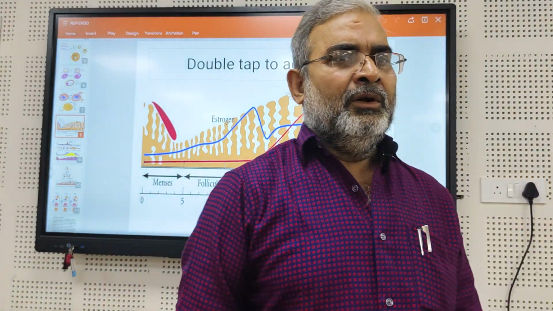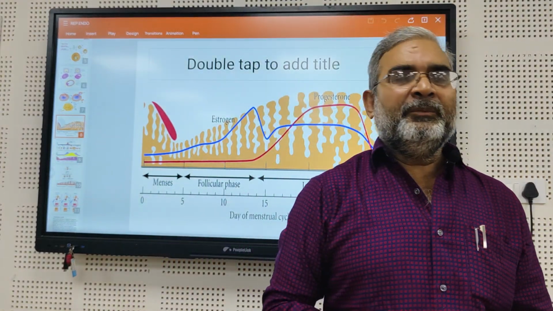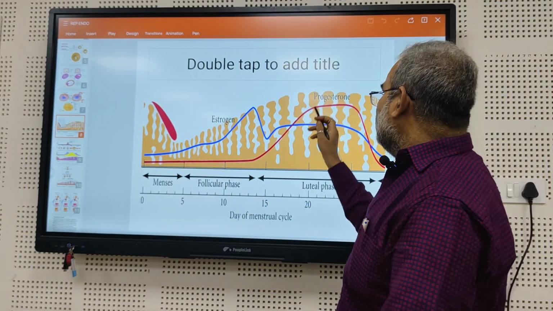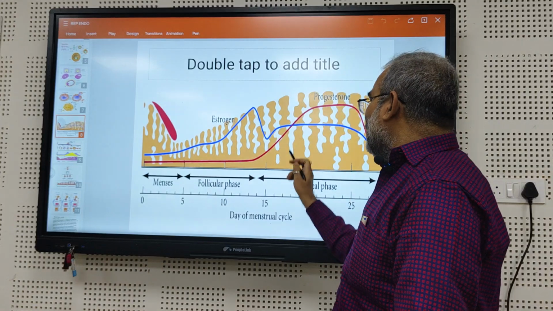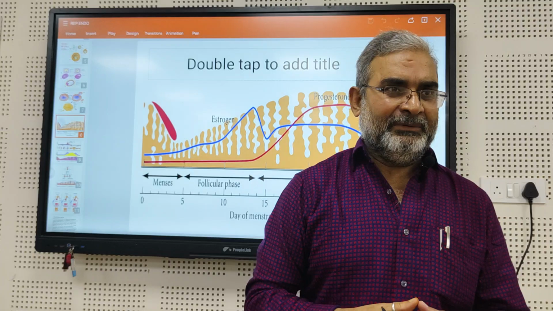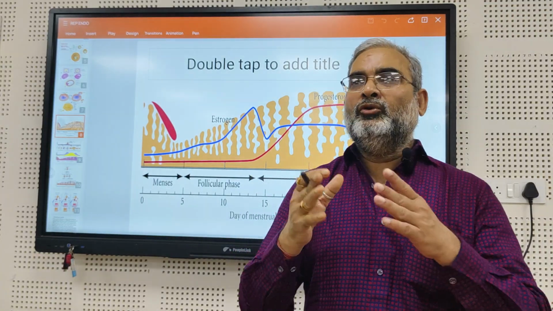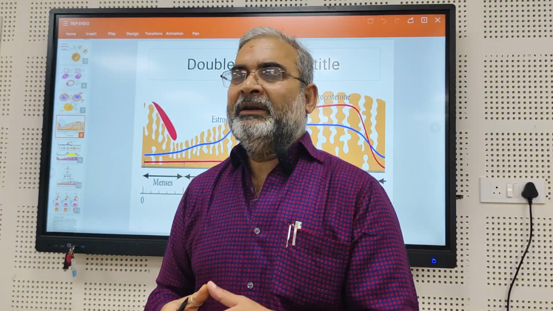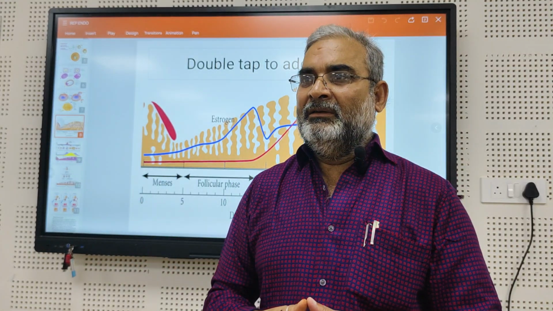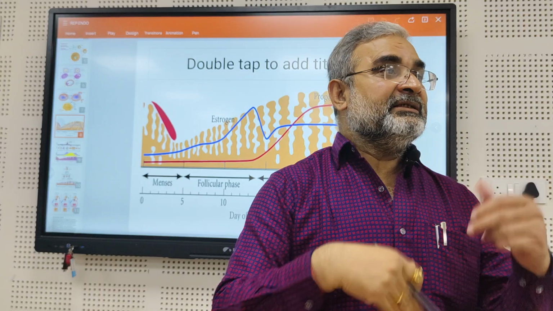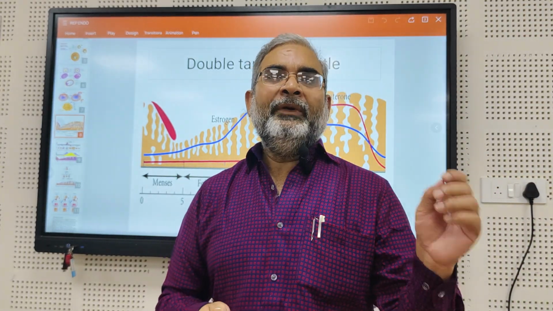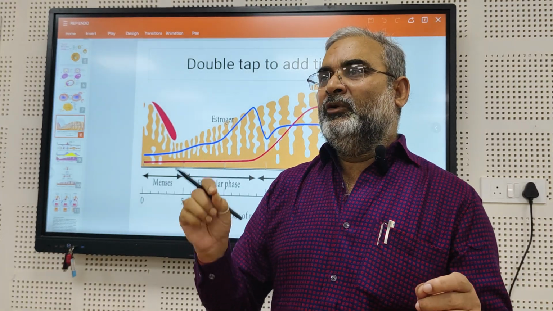Luteal phase or progesterone phase, it is responsible for the synergic effect. That progesterone acts synergic effect on the endometrial wall. सिनर्जिक मतलब क्या होता है? सिनर्जी का मतलब समझते हैं? जैसे मान लीजिए 2 और 2 कितना हो गया? 4. बट इफ 2 और 2 हो जाए 8, तब ये क्या हो गया? इफेक्ट हो गया, वो सिनर्जिक हो गया।